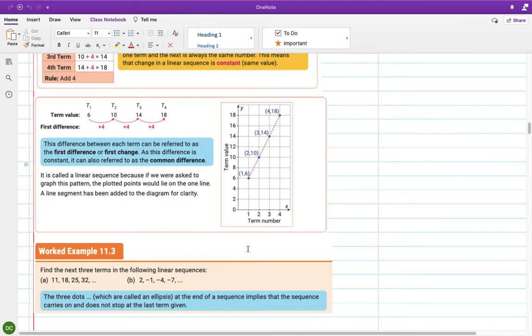Now, we're not going to do this just yet, but I do want you to make a note of the fact that the reason it is called a linear pattern... sorry, I hate the way they've written that. I'm going to take it off. Okay, so I'm going to write it myself. The reason it is called a linear pattern